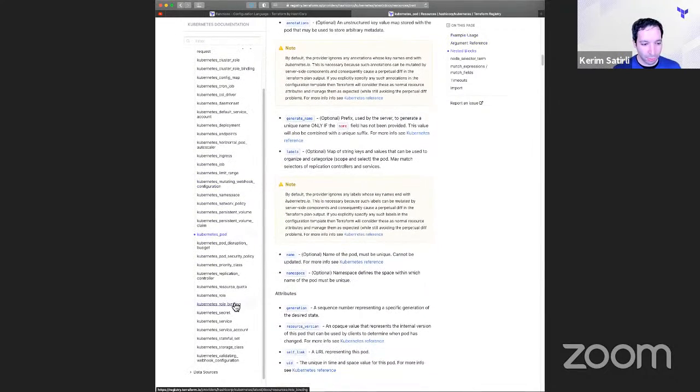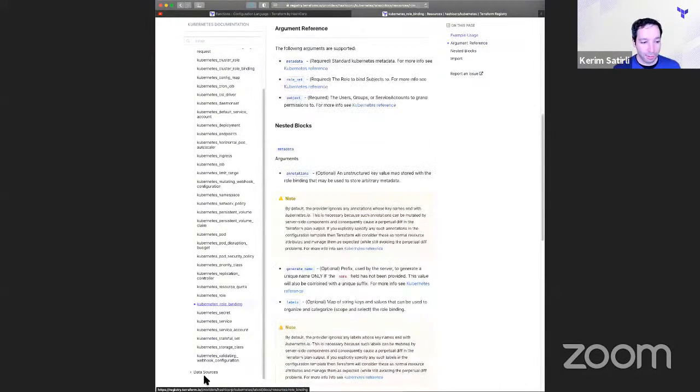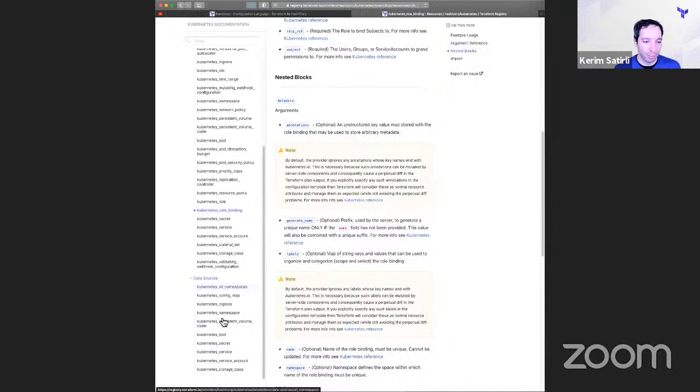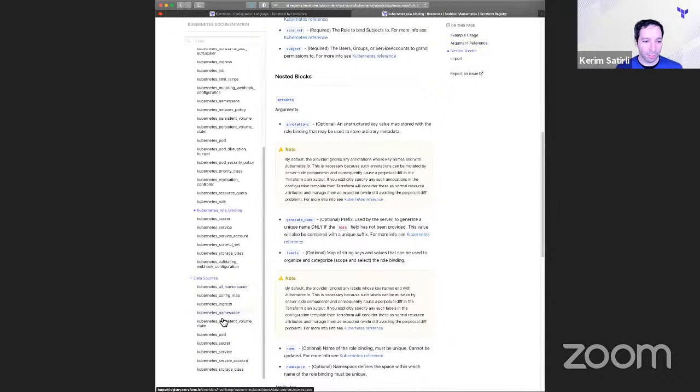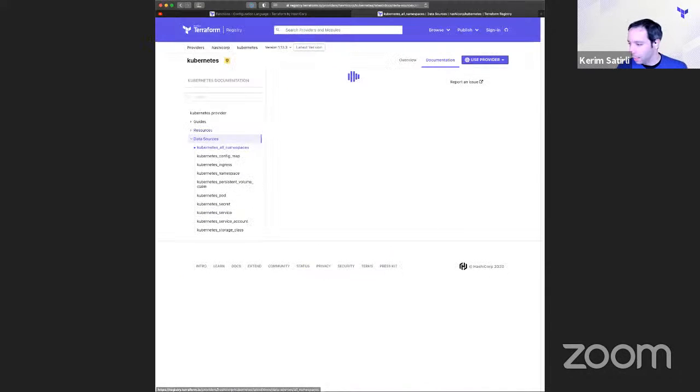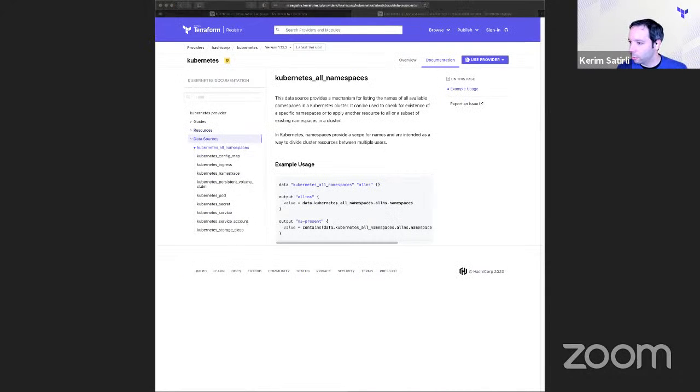Probably like 30 resources. I know other providers have even more. It can be hard to ensure that all the documentation is perfect. It's written by humans, so it will never be perfect because we all have different use cases, but any contribution is immensely valued. And so to get back to the question we had earlier about data sources,